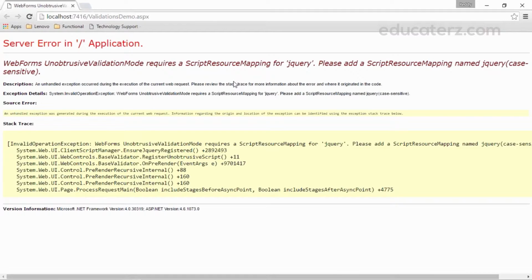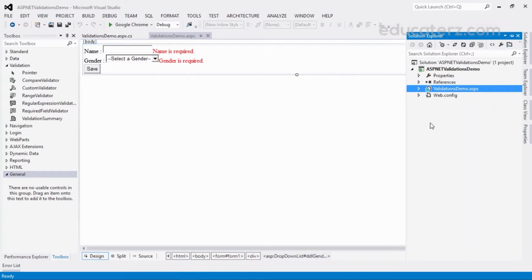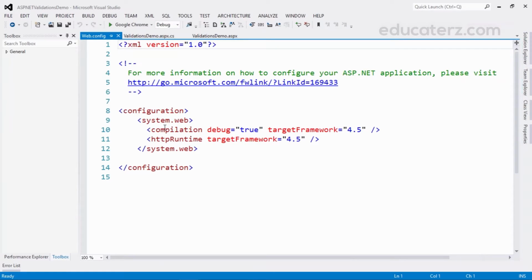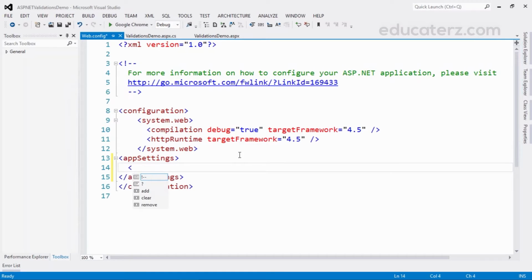This is a bug in our Visual Studio 2012. If you are getting the same kind of error message, we need to add some manual code in our web.config file. Where do we find that web.config file? Double click on this web.config file in the Solution Explorer. Go to this place. Here you add something called appSettings. Inside this appSettings, add key